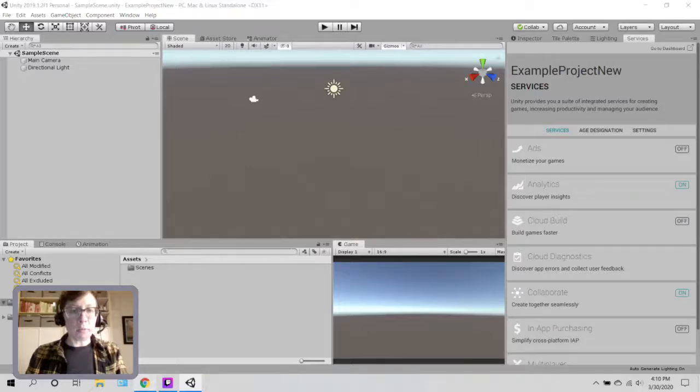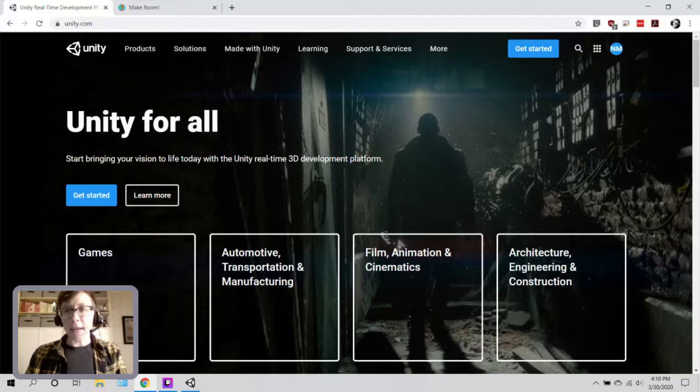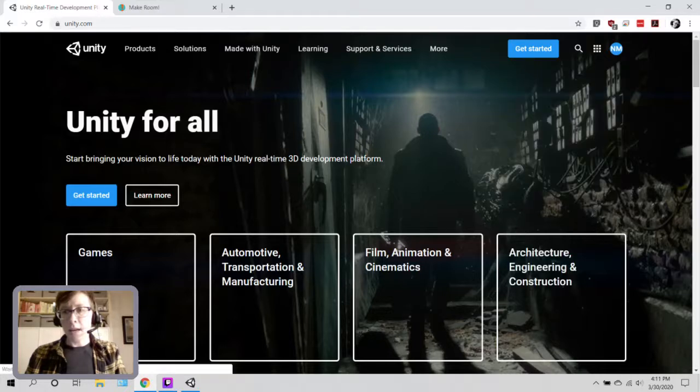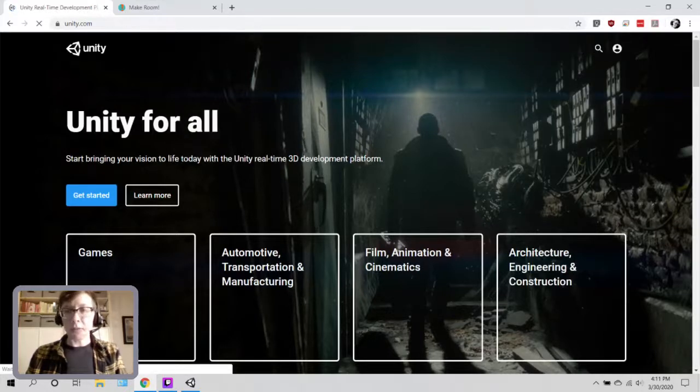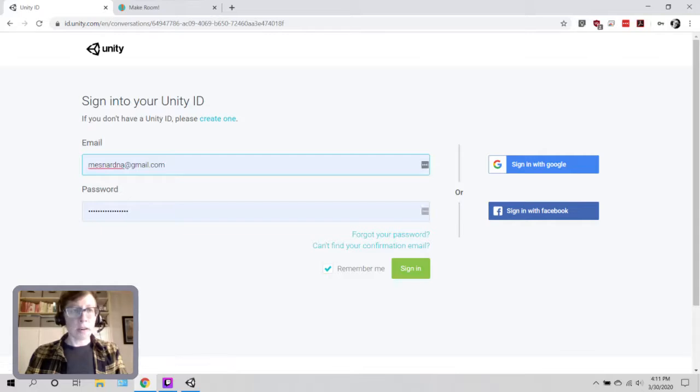You're going to go to the Unity website here. I have it open, and clicking up here to log in. I'm already logged in here. It looks like I'm actually in as the wrong account. And one of the things I wanted to touch base with you guys on is if you're going to add me to your project, you're going to need to do it with this email address. This is my personal email address, and it's the one I use with Unity. So please use this email,